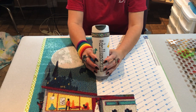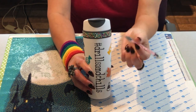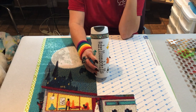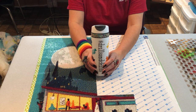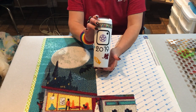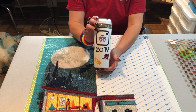And this got me thinking, they should probably start making mini diamond paintings, right? We could use these things that nobody has any use for. I'd love to do a mini diamond painting like that. Can you imagine the detail you would get? This is the Quidditch Cup of Drills and Chills 2019. And this will be given away in a drawing that I will be holding on October 19th,